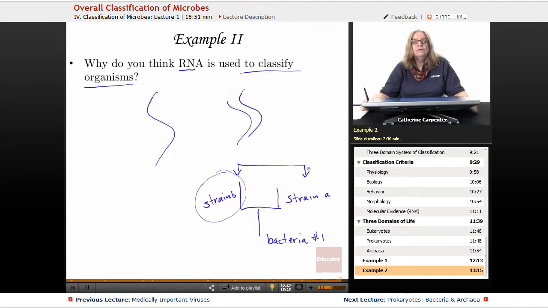So as we go through, particularly in our discussion about bacteria, we're really going to talk about how these strains develop and what are some of the criteria that promote the development of these multiple strains. So that concludes our discussion about classification of